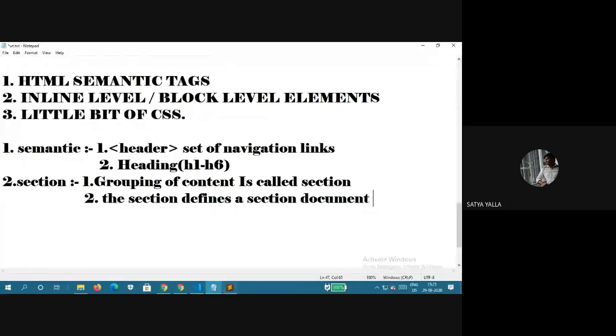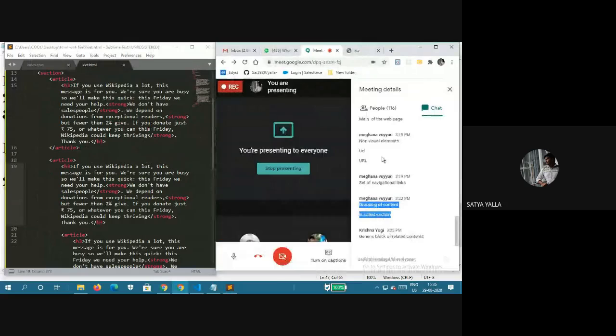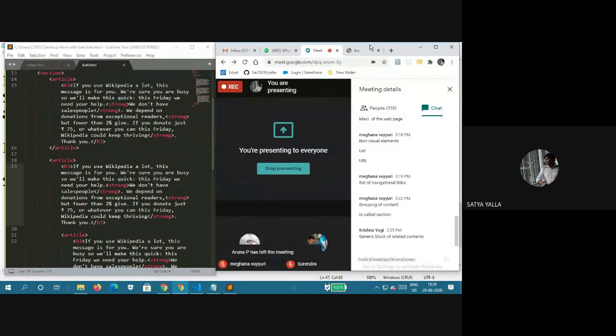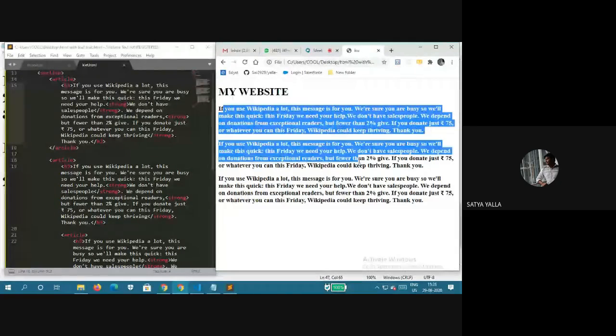Then the property. Okay, guys, sorry, I made a mistake here. I think some bigger letters are here, which I mentioned.